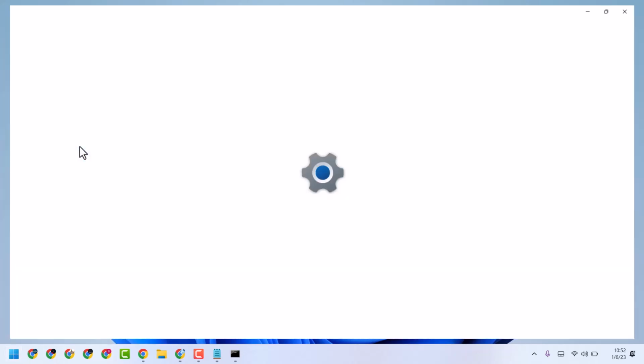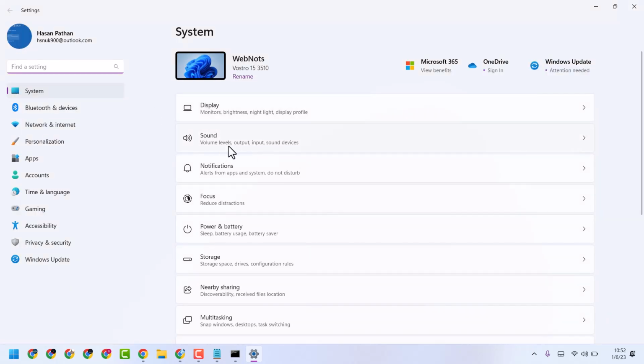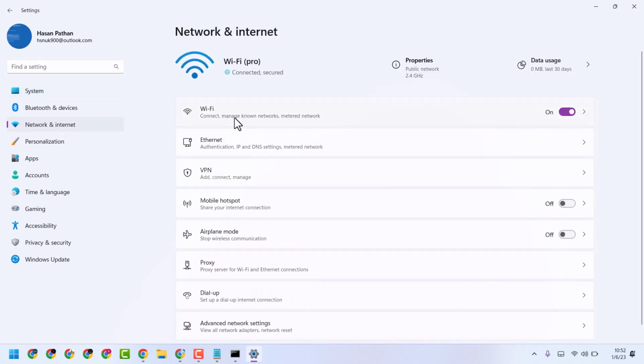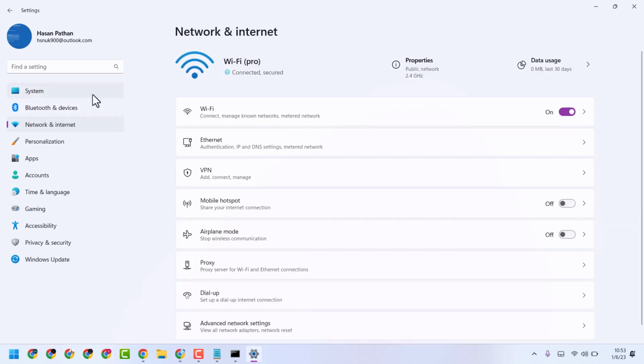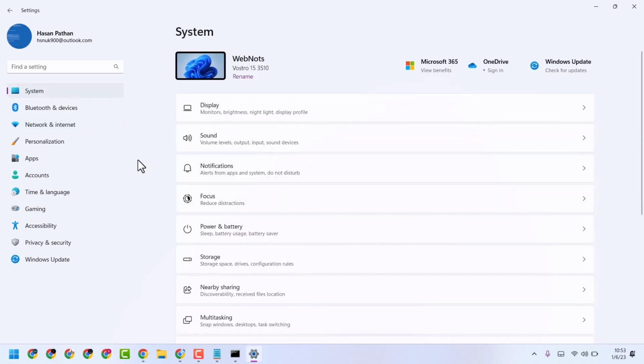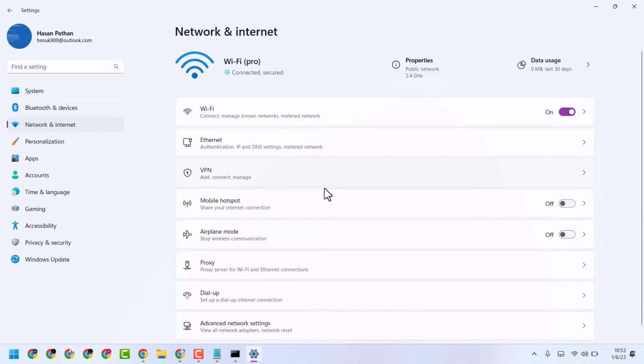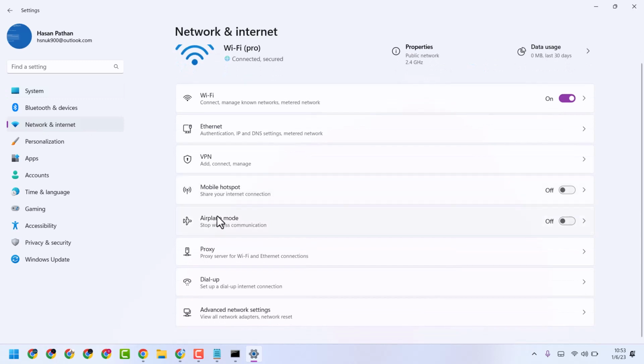Firstly, open Settings and here click on Network and Internet. Click on Wi-Fi and turn on Wi-Fi, and also guys here, if you see airplane mode is on, so make it off. Make sure this airplane mode is turned off,